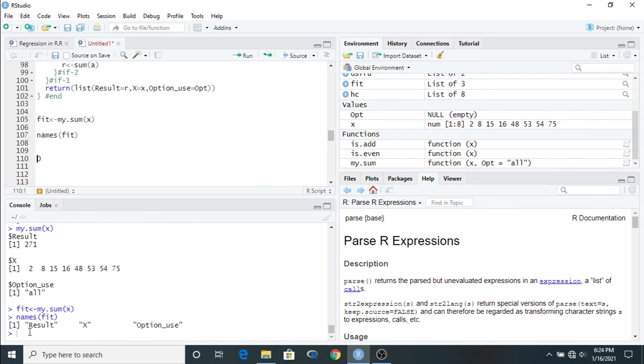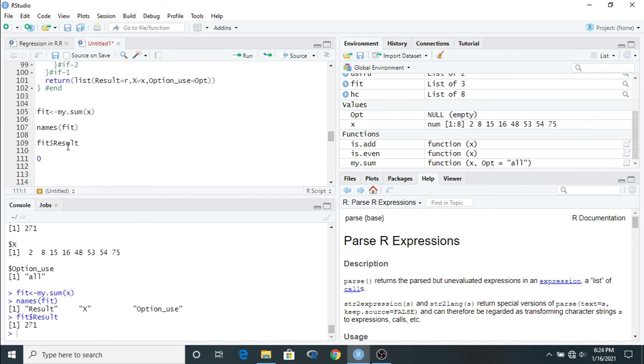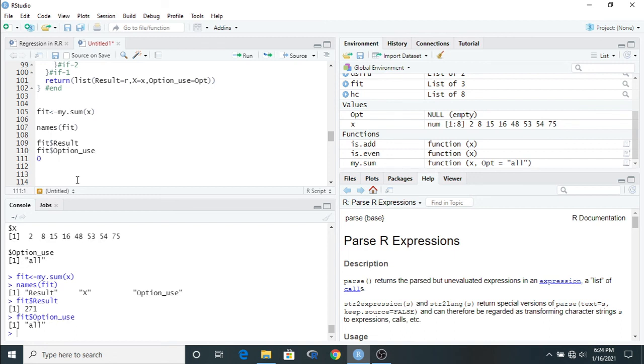It indicates that one is result, another is X, and another is option use. If we want only the result, then we can put fit, then dollar sign, then result. Fit dollar sign result, only for the result. For the option used, we can extract fit dollar sign option use. So it will show which option is used here.